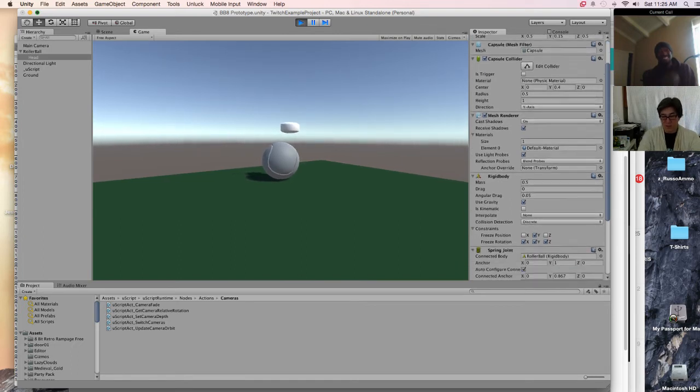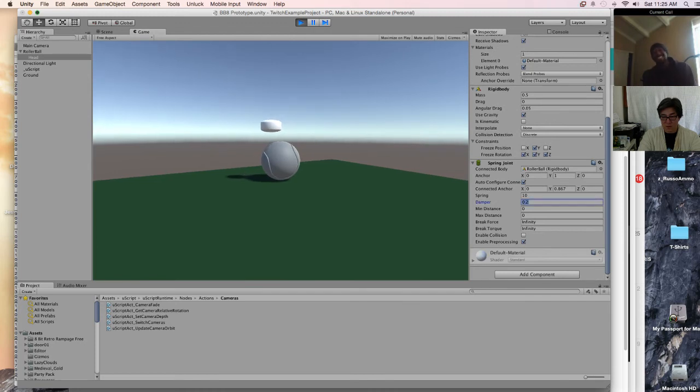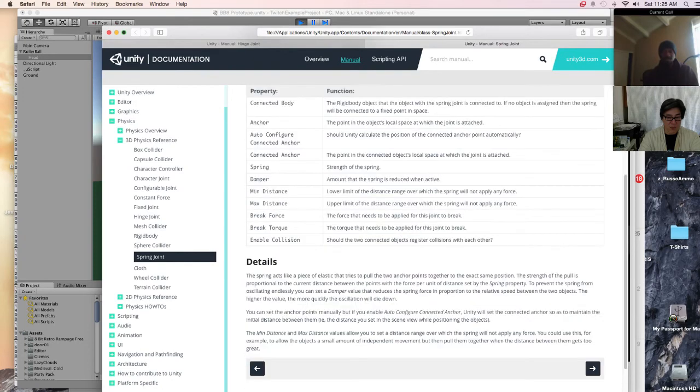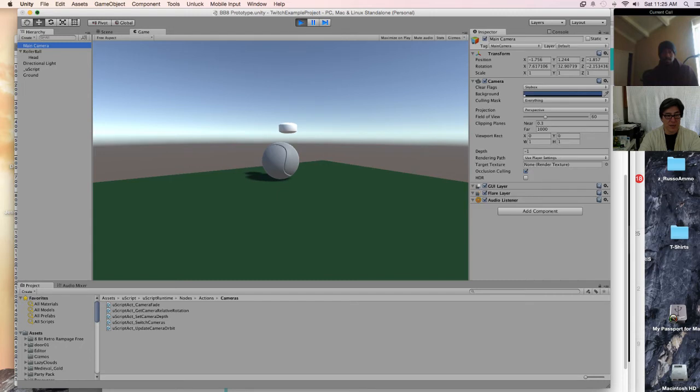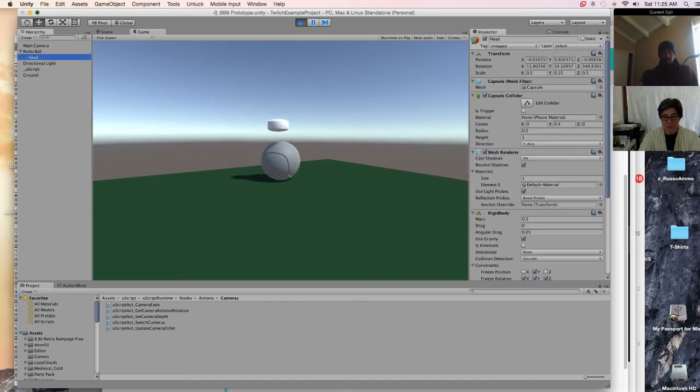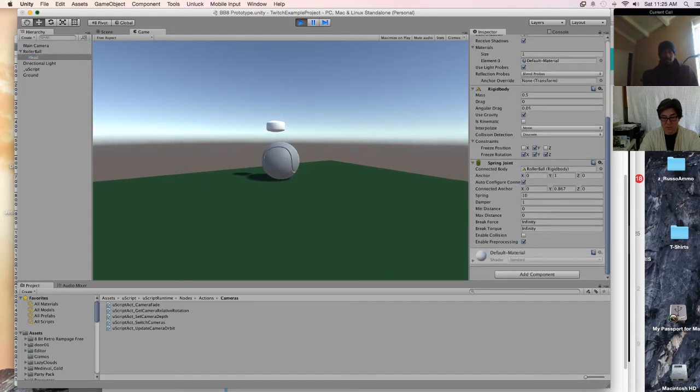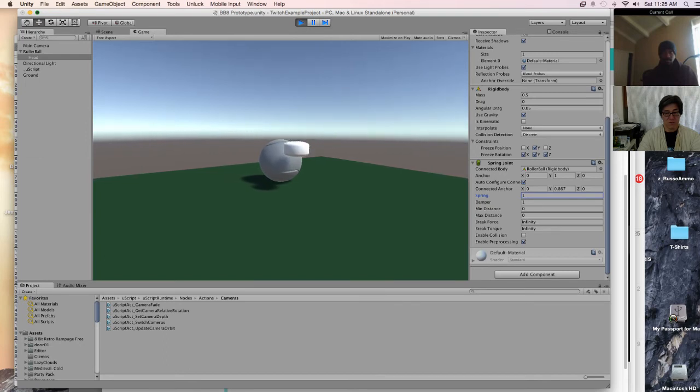And what we can do is change the dampening to 1. Let's change the spring. Let's go back and look at this again. What is this? Spring, the strength of the spring. It's currently at 10. Let's change the strength of that spring. Well, let's try 1, so we can see what happens. Notice it's sort of falling to the side. It's because the spring's not very strong.